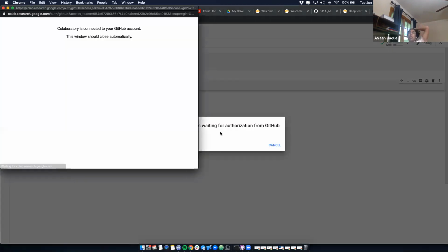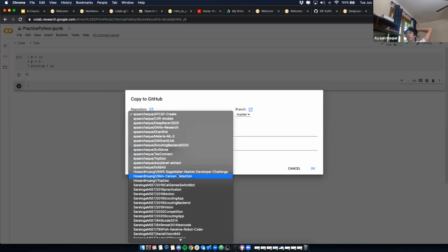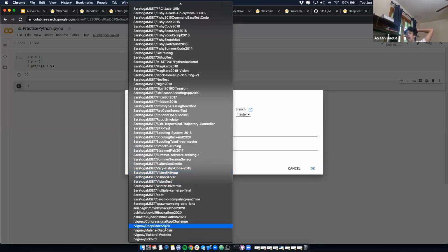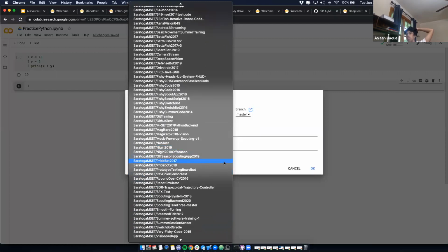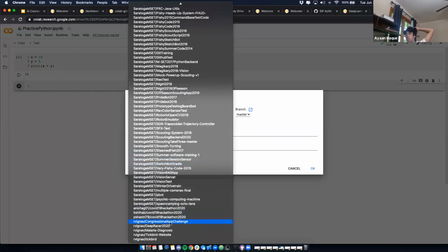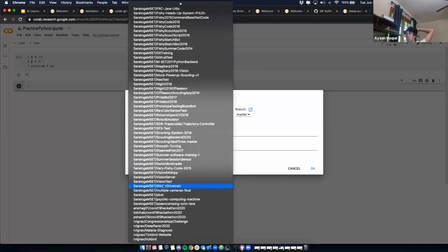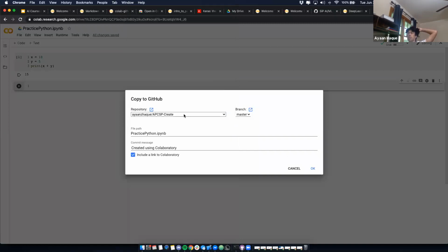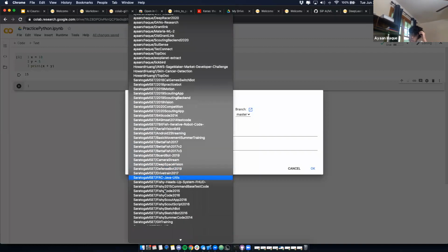And then I would choose the correct repository, the repository that your name is under, right? But yeah, just choose the repository that you want to save to, the one that's under your name in our organization.